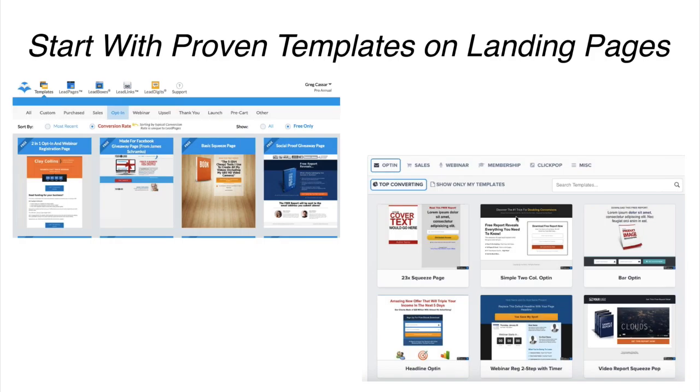That's a great spot to start. You may already have something that really kicks ass, and then split test it, run it against that. Or within LeadPages, you can sort by conversion rate, and ClickFunnels has just added that in now as well, only very recently, I think in the last month, where it says top converting, so you can sort by top converting landing pages. The advantages of ClickFunnels over LeadPages is LeadPages only really has a handful of